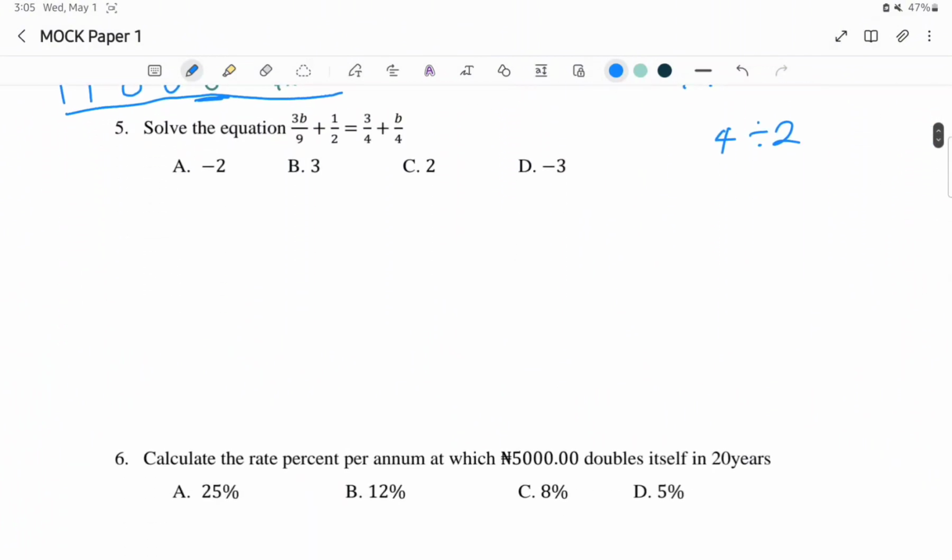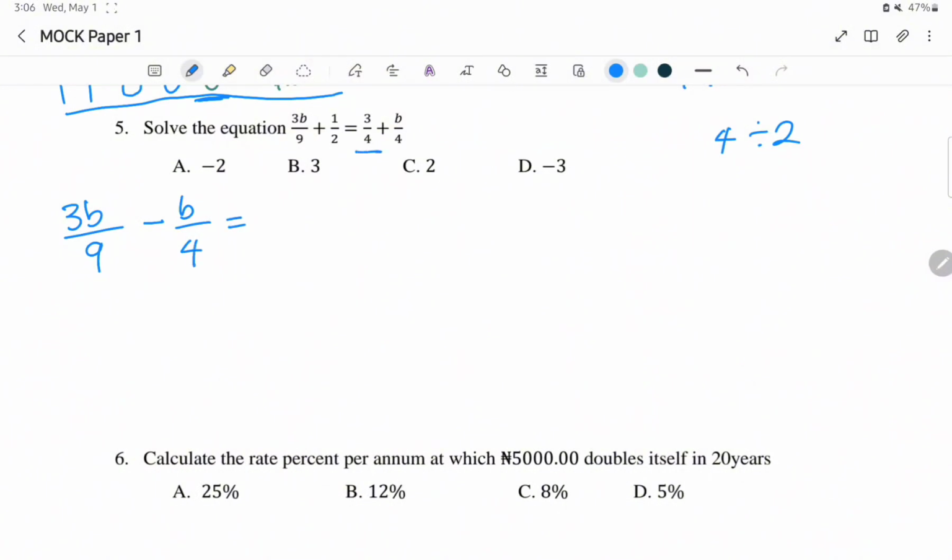For number 5, we have an equation here. We have 3b plus 9 plus 1 over 2 equals to 3 over 4 plus b over 4. We would say that we have our unknown at both sides. So it is just wise for us to bring the like terms together. We can bring the ones containing the variable, the unknown, which is b, to the left side. That is, I already have 3b plus 9 already on my left hand side of the equation. So I will bring b over 4 to meet it. B over 4 originally has a positive sign. So when it's coming to the other side of the equation, it becomes minus b over 4 equals to,